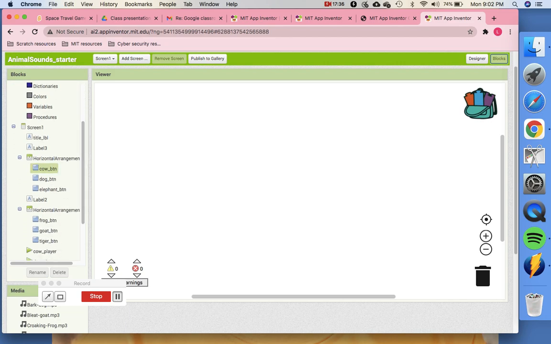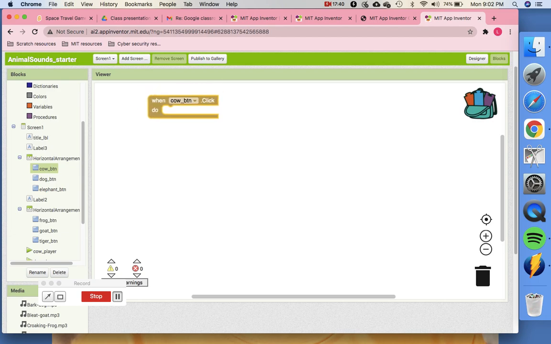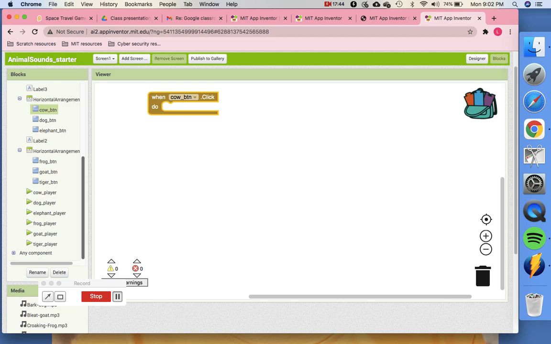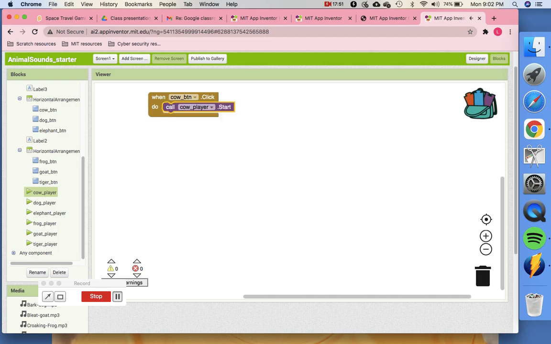I'm going to go to the cow button, the first one, and say when cow button.click, what should we do? We should play the cow player. We should start the cow player. So I'm going to say call cow player.start. When I start the cow player, if any other player is playing, all of the others should stop.